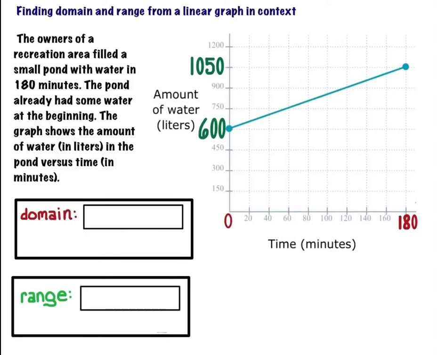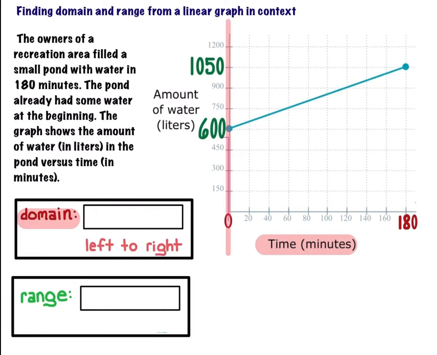In order to find domain, you need to first realize that domain is referring to the possible x values. In this story problem, on the x-axis is time in minutes. Since the x-axis runs from left to right, to determine the possible minutes, I'm going to look from left to